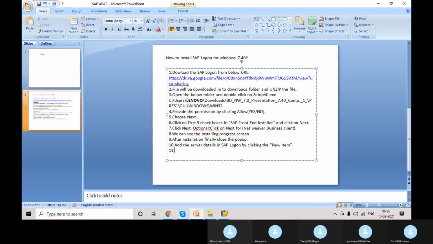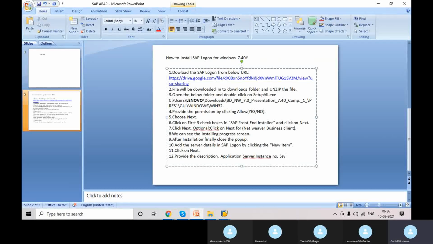And then click on next, and provide the information on the next screen: the description, server, instance number, system ID, which are mentioned in the mail.